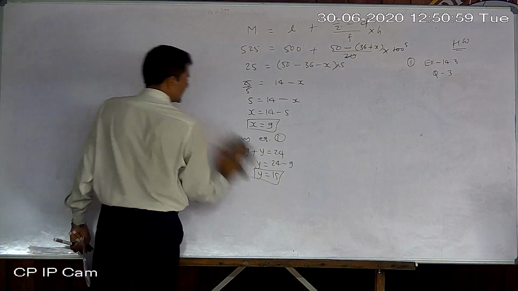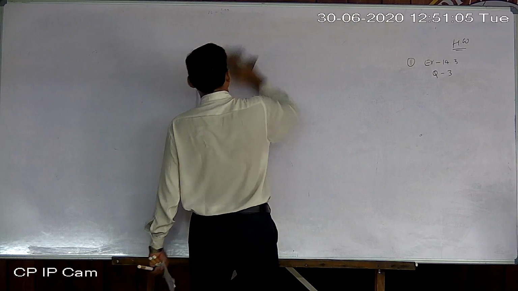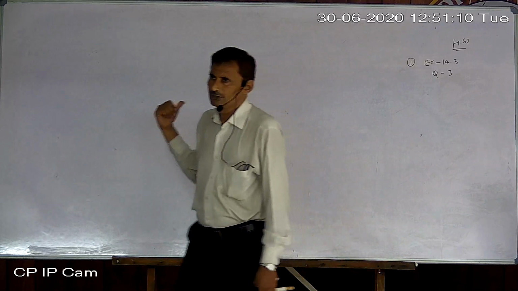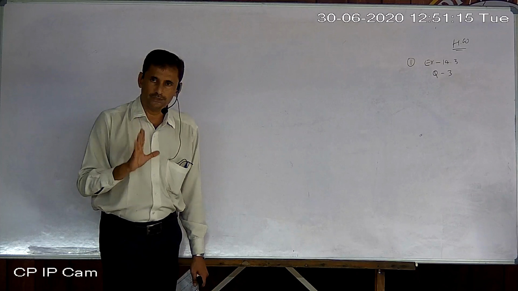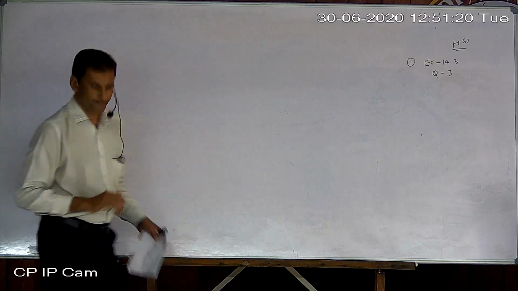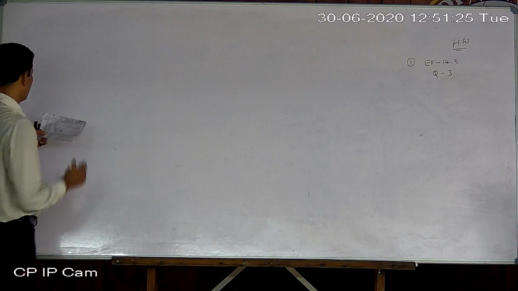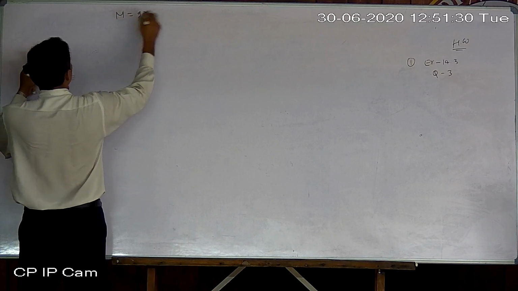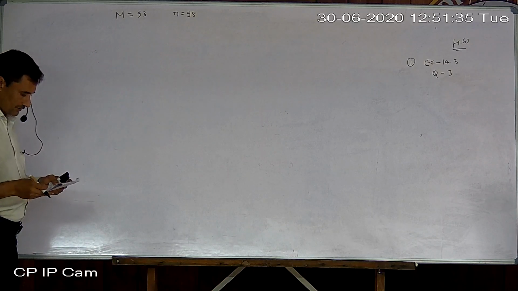If one frequency is not given, meaning one frequency is missing in a median sum, then how to process? The process will be the same only. If one frequency is missing, only the median will be given, not n. Okay, so keep in mind, if two frequencies are missing, median as well as n both are given. So I am taking median equal to 93 and n equal to 98. Okay, that is an extra sum, not from the textbook or worksheet.